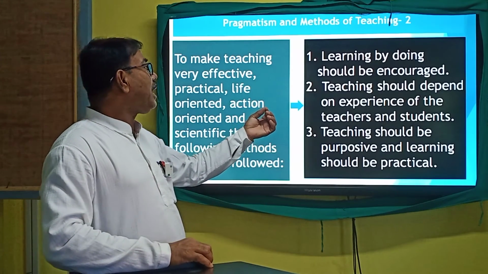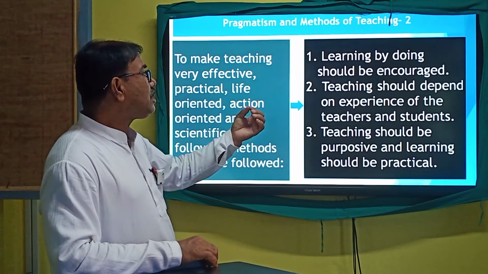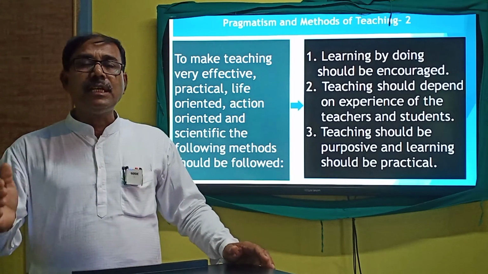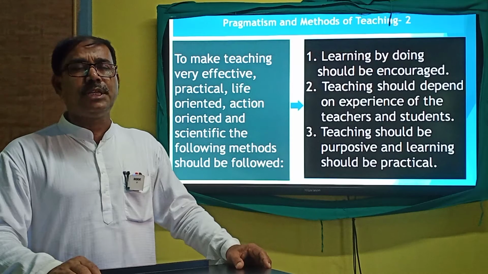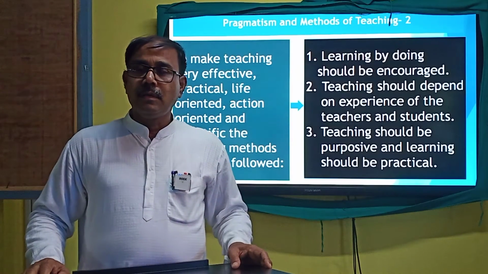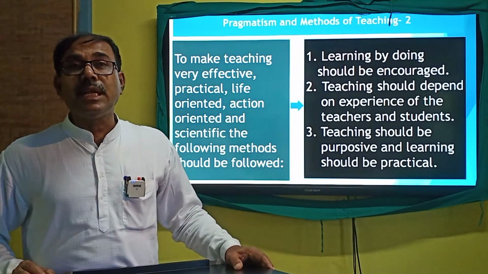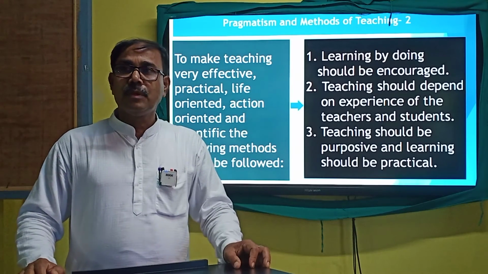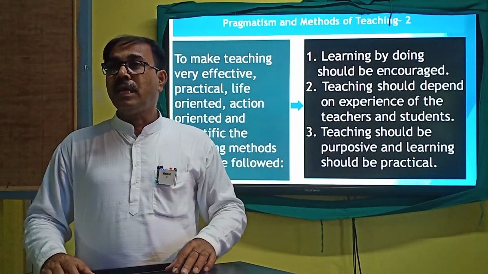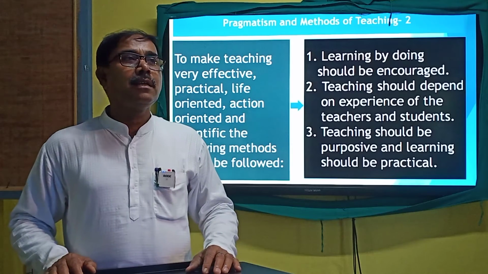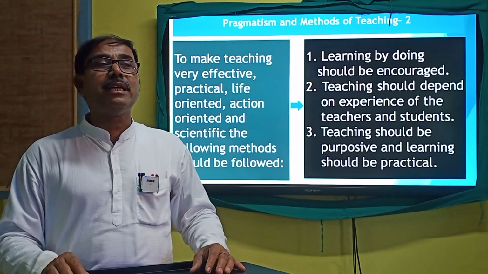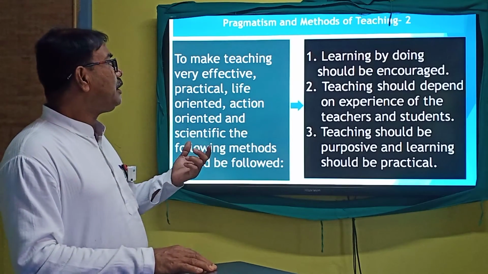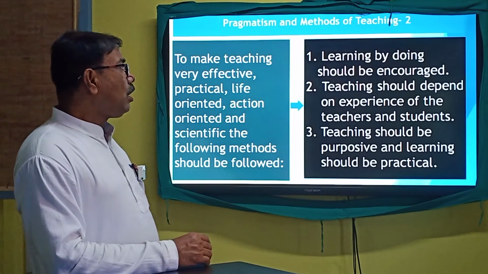Number 2, teaching should depend on the experience of the teachers and students. At the time of explaining the concept of education, the great pragmatic as well as great American educationist John Dewey defined education as reconstruction and reconstitution of experiences. Education is such a process with the help of which we, the human learners, our students, reconstruct their experiences for facing life challenges. They are to reconstitute their experiences so that they can apply their knowledge in the practical field of life. That's why it is explained this way, that teaching should depend on the experience of the teachers